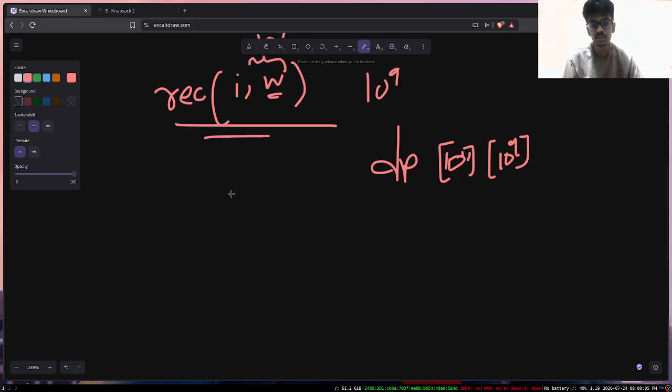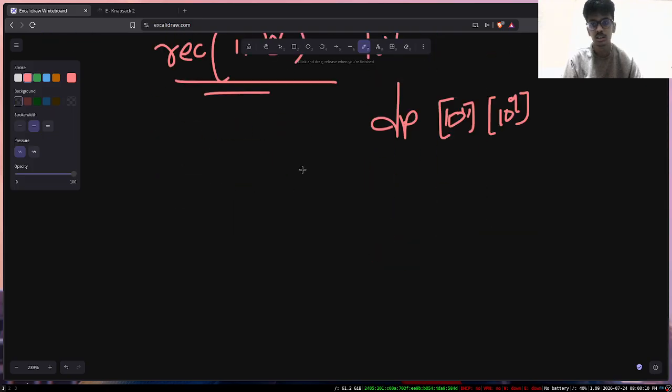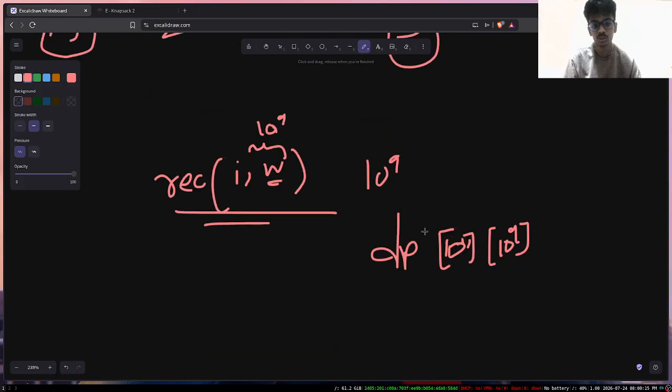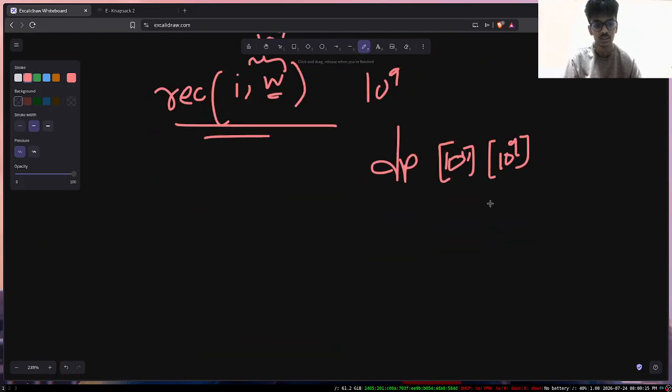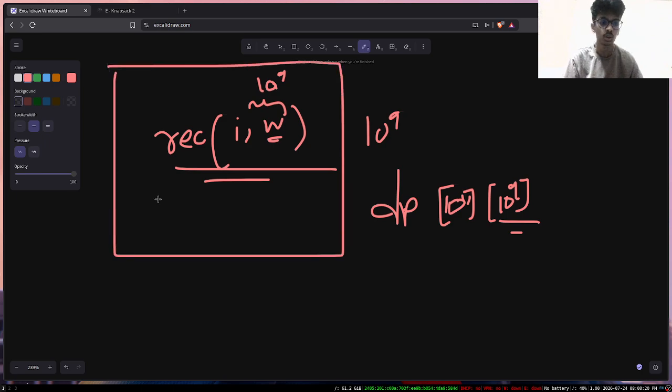In most cases it would be better if you solve these kinds of problems using greedy, but for this particular problem greedy doesn't exist. So how would you deal with this? 10 power 9 cannot be kept in state. The only way you know to do knapsack is probably only this one, right? Now